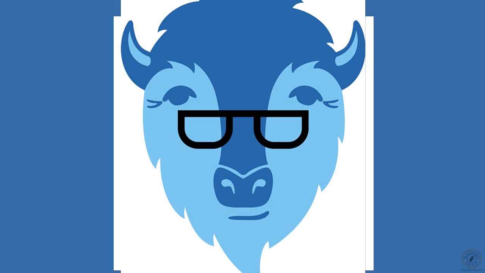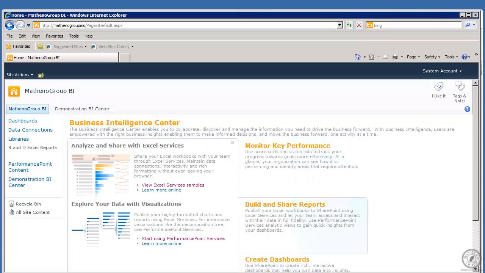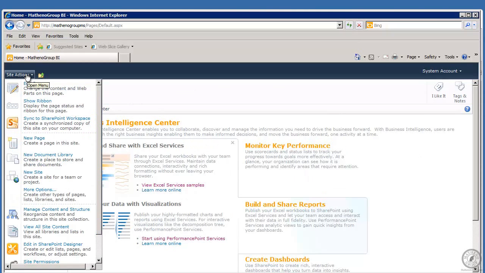All right, now we'll add a web page to our site and then an Excel web part and show you how to configure it. So back over into the remote box. And Mathino Group BI site is up, and we're going to go Site Actions. And what I'm going to do, I don't want to create new page because that will not give me the page that I want. So I'm going to say More Options,